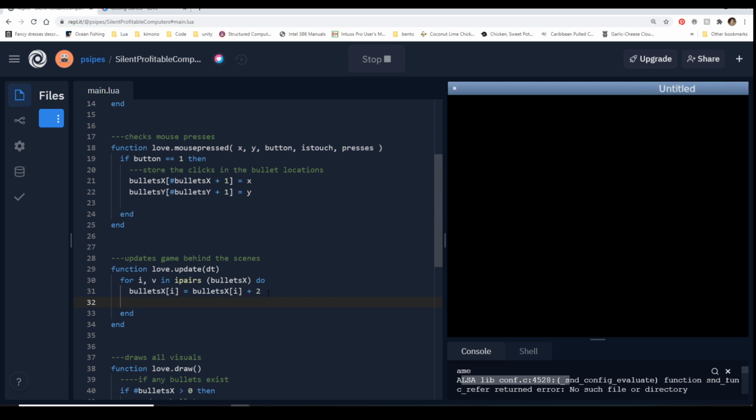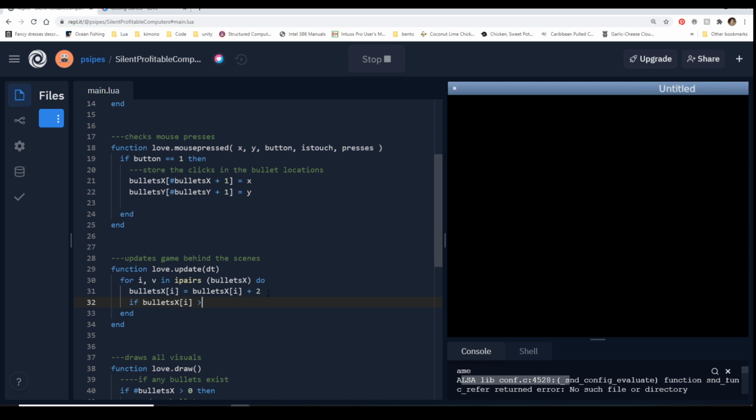We can say inside of this loop, inside of this pairs, we can check each of those bullets. So we can say, hey, if bullets x, i, because we only have to check the x direction because we're only moving in that horizontal direction. That's why we're not touching anything in the y for these. If you were shooting at an angle or shooting vertically, you'd adjust it. But right now, we only have to worry about the x's. So if bullet x i is greater than our screen width.